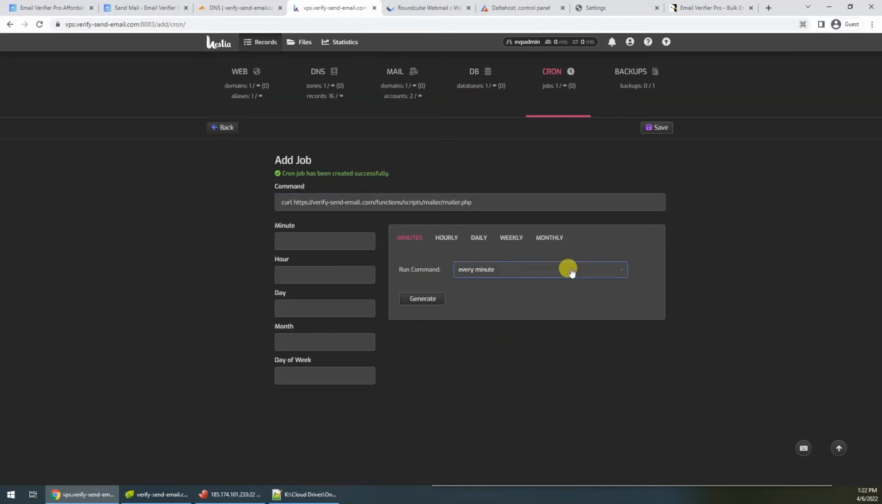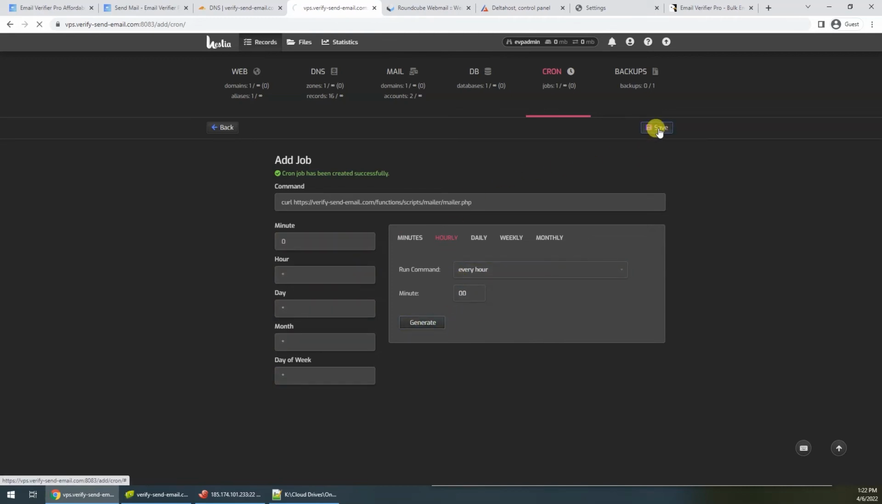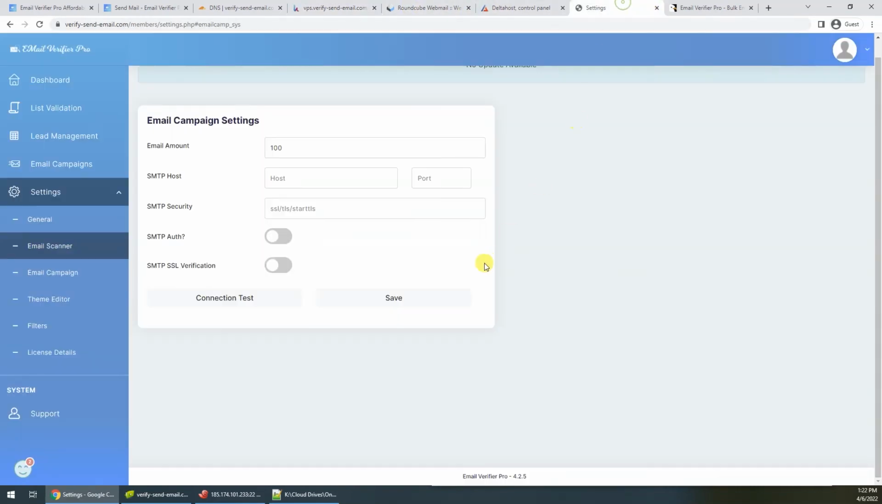Okay, and this should be running every 1 hour. So I'll set it to every 1 hour, set. Okay, that's great. I'm going to go back, and as you can see, the cron job information has been added. And let's go back, and every 1 hour it will be sending 100 emails if your connection setup